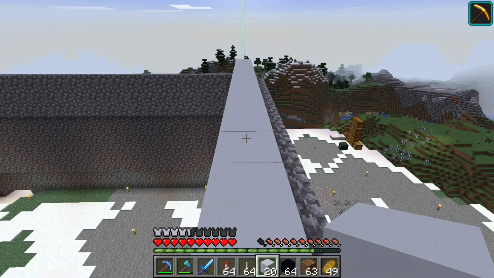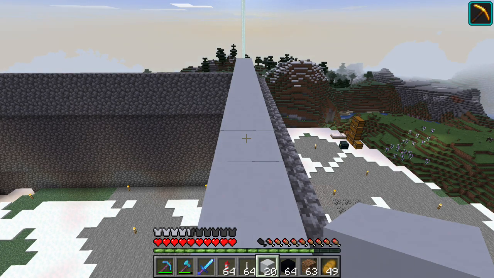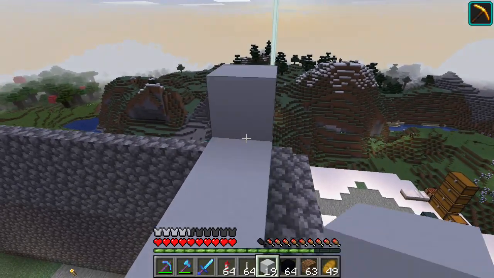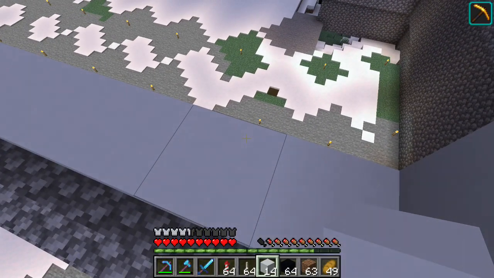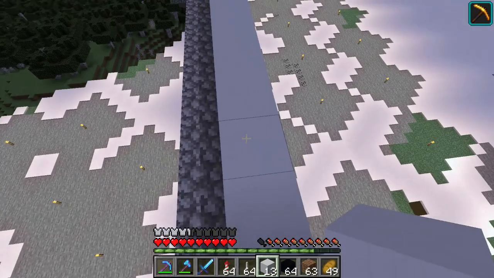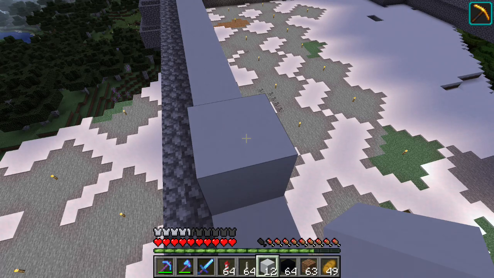Let's see. Alright, so that is 1, 2, 3, 4, 5, 6. So we're going to come over here, we're going to come 6 off the corner. 1, 2, 3, 4, 5, 6. Then we're going to have a window here. We'll have one of those here. Window, another one of those. And then the way that this works, if I find my other picture,